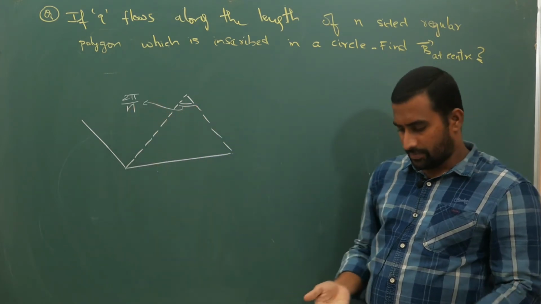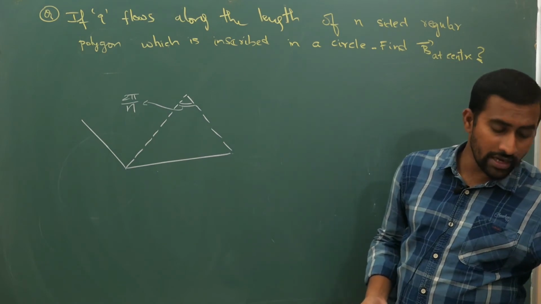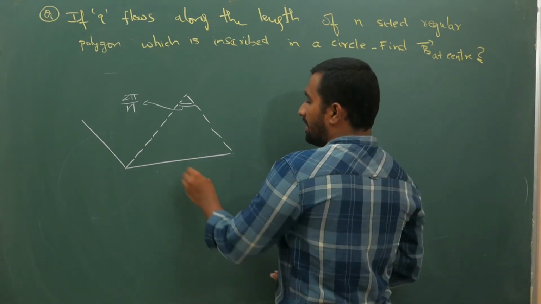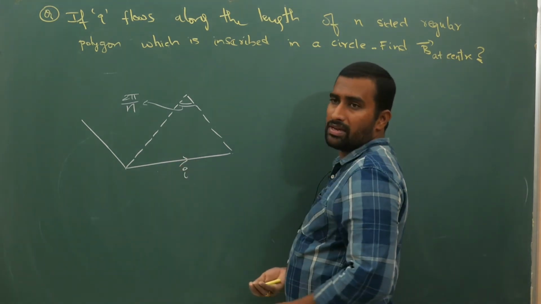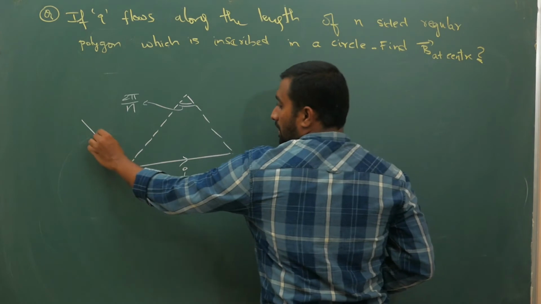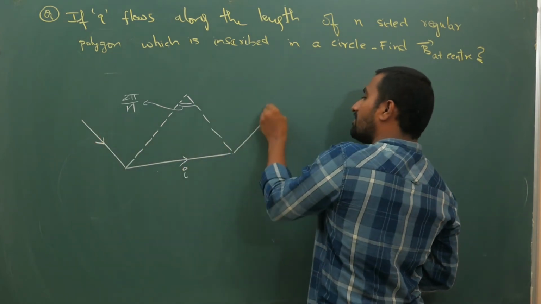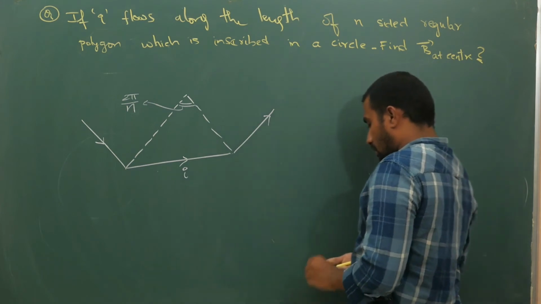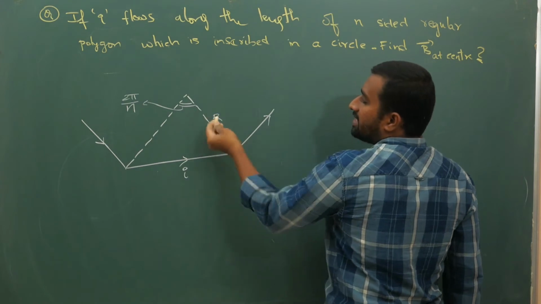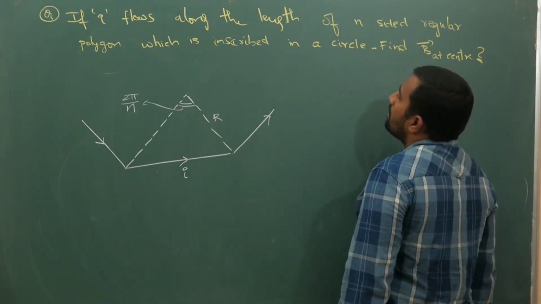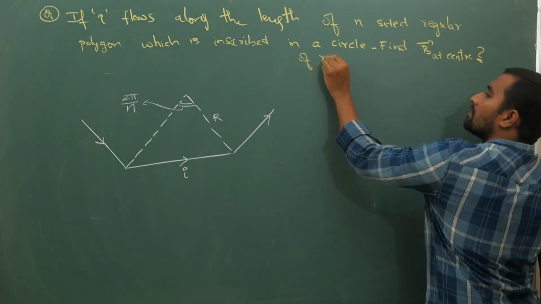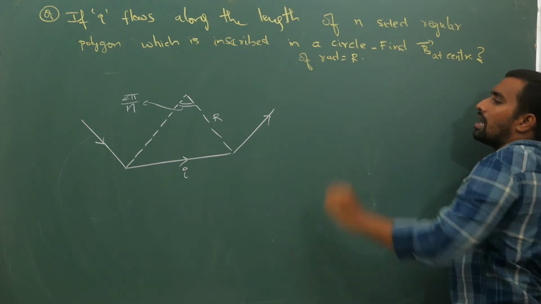Now if you consider that because of this side there is a magnetic field of some B1, your resultant is n times B1, because if current is coming out of the plane because of this wire, because of the next wire also it will be out of the plane. Now, if it is inscribed in a circle of radius r, I should have mentioned it in the question, let us say it is a circle of radius equal to r.